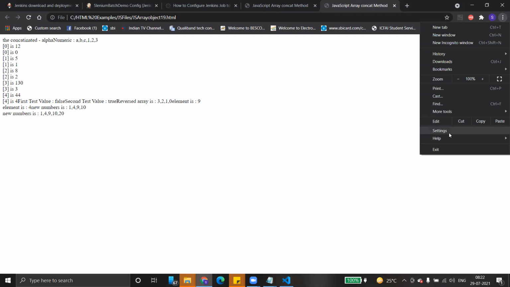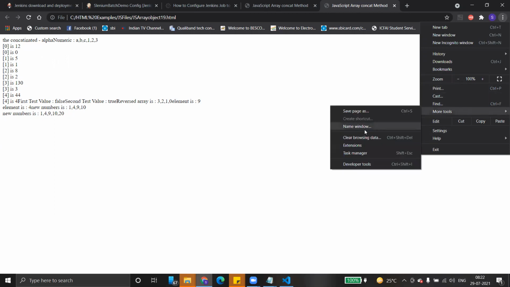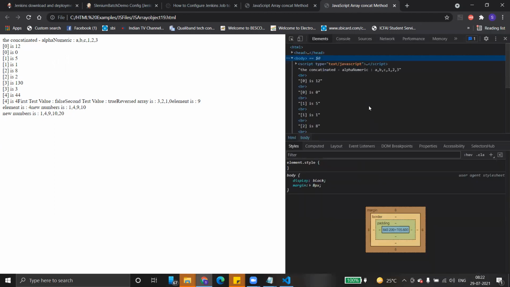Here you can see developer mode, developer tools. Here you can see the HTML structure of the page. Look here: concatenate alphanumeric, 0 equal to 12 and so on. So what is this actually? Is it the actual HTML code which you have written?